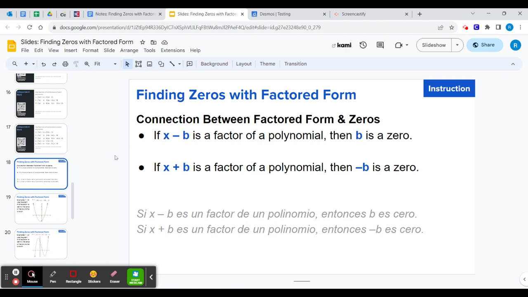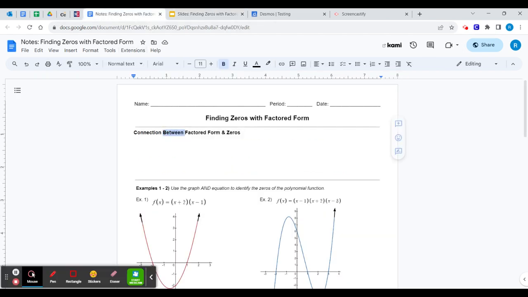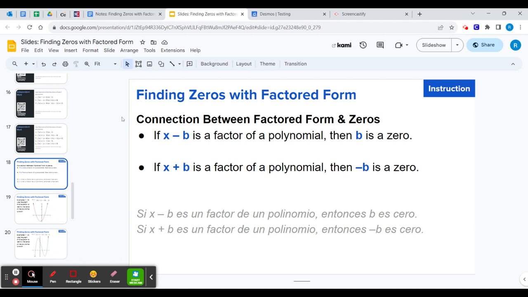So our first note section is the connection between factored form and zeros. I just wanted you to jot down these two concepts, right? If x minus b is a factor of a polynomial, then b is a 0. If x plus b is a factor of a polynomial, then minus b is a 0. So the examples we saw: if we have a function f of x equals x minus 2 times x minus 3, then we have zeros at